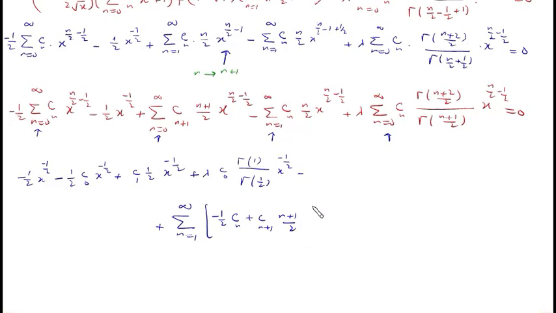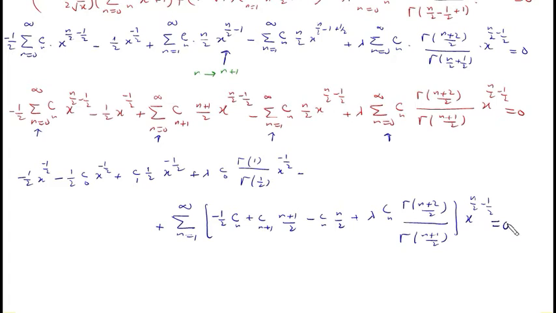In next series I have minus cn and n by 2, and in the last series I have lambda and then cn and then gamma of n plus 2 over 2 and whole over gamma of, and outside we have x to the power n by 2 minus 1 by 2 taken as common from all these 4 series